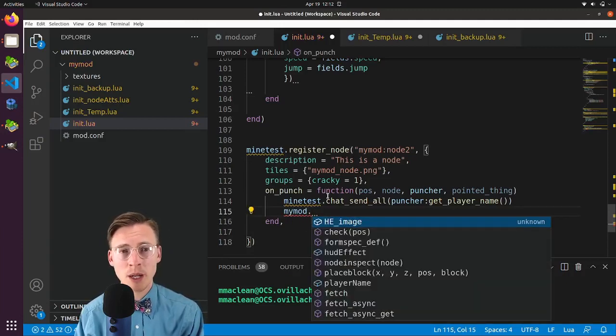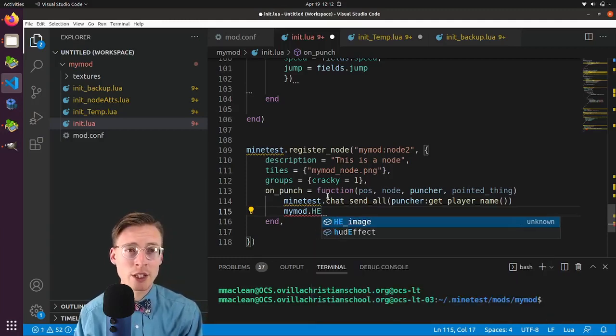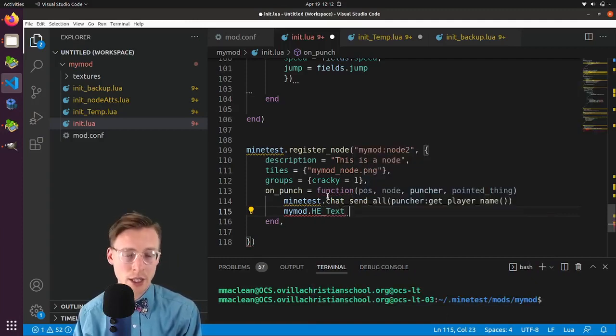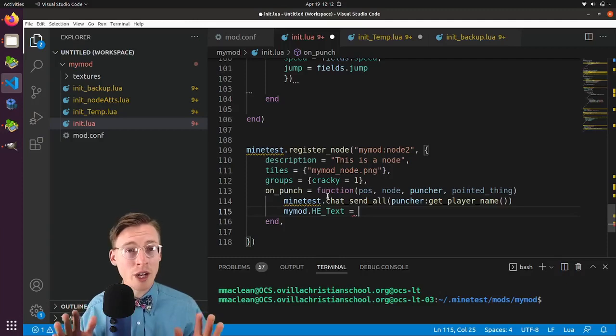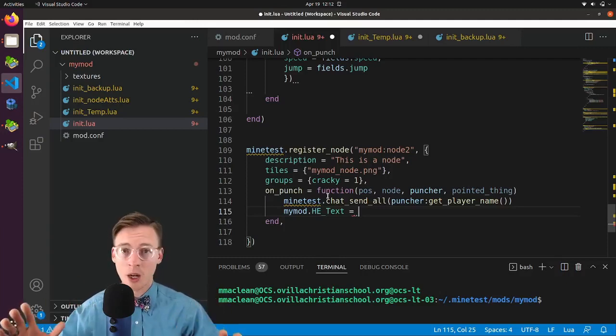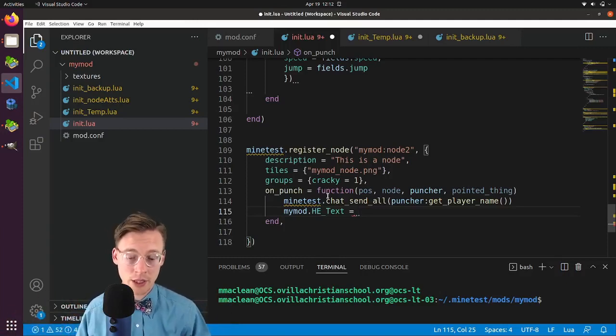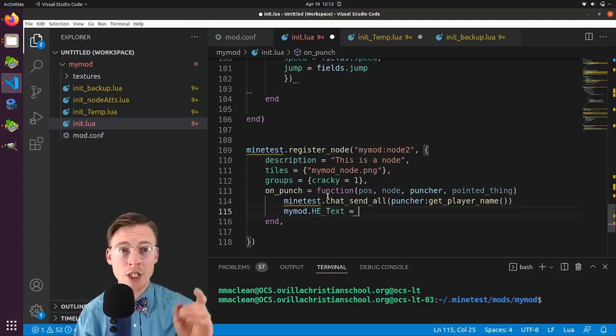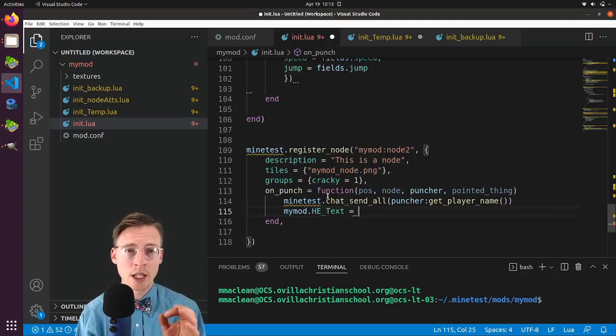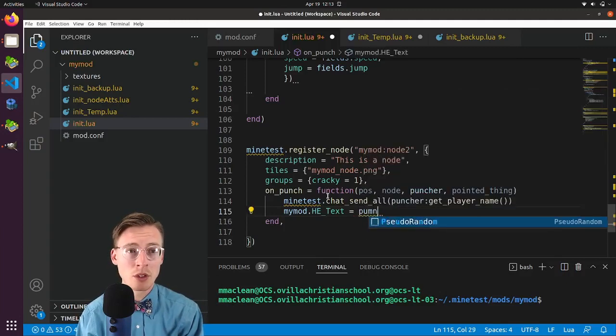So we're going to write my_mod, and this is calling that global. Then inside of this, we're going to write HE_text, and then we're going to set that equal. So all that I've done so far is create a variable. It's just a box that we can stick on the shelf and reference later on. The name of it is HE_text. And with that, what we're going to say is puncher: